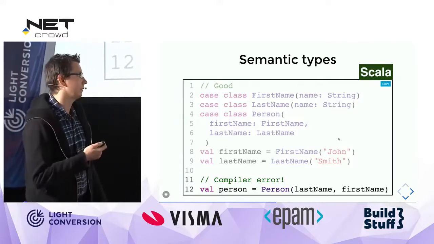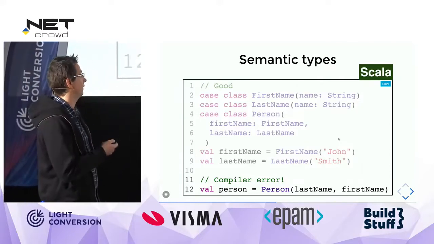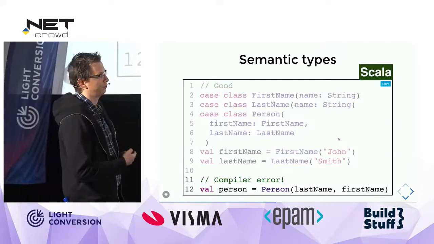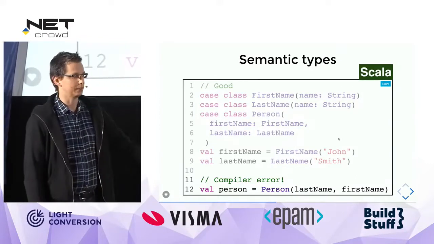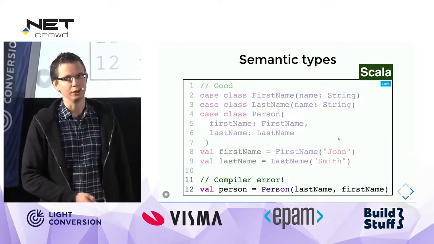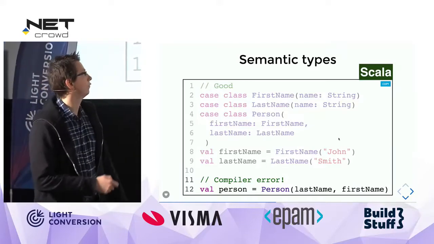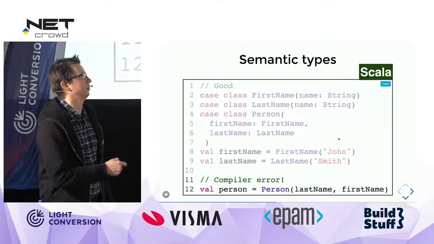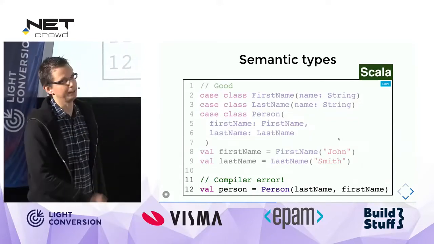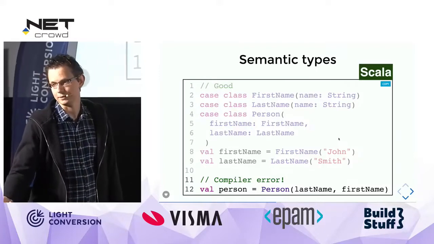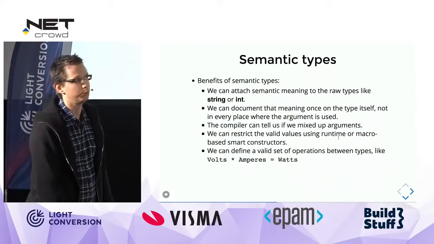And one of the ideas is that maybe in the project, you shouldn't ever use a raw type instead of a semantic type. So the only place where you should use the raw type is if you are defining a semantic type. It's a kind of an extreme idea, but it's worth thinking about.